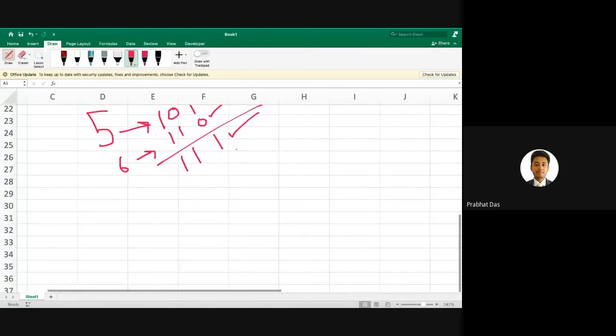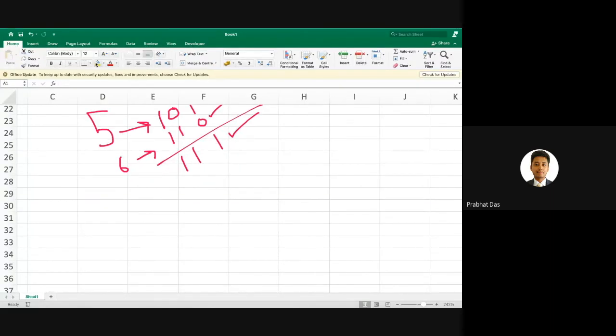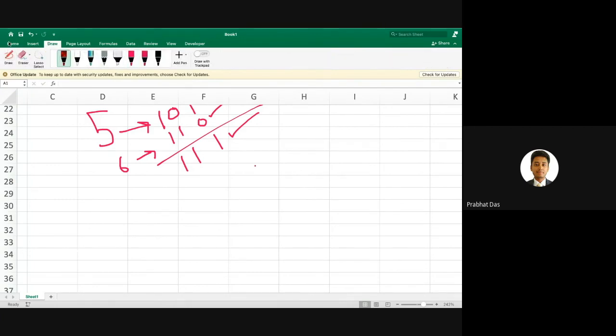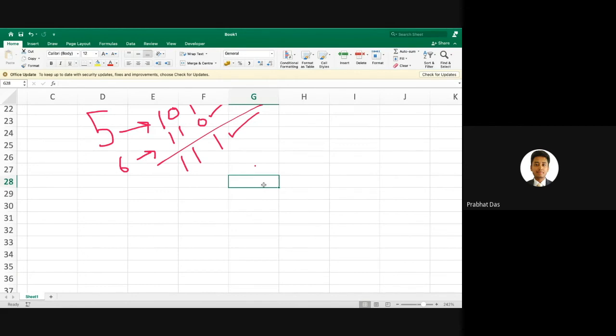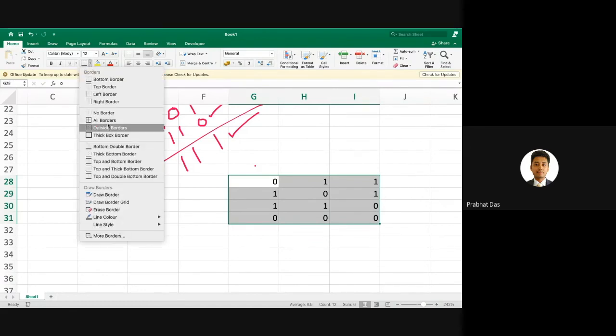In general, with OR, either one of the inputs needs to be true, and then the ultimate output will be considered true. But what if both the inputs are true? In exclusive OR, if both the inputs are true, it will be considered false. That's why we call it exclusive OR.